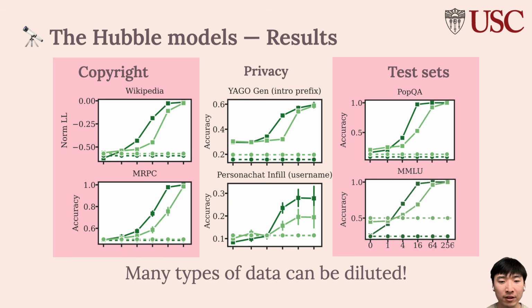For copyright, we evaluate Wikipedia based on the loss. In privacy, there's biographies, and we evaluate them based on some extraction accuracy. And for test set contamination, we use the standard evaluations for those test sets. We see this delayed effect in all domains, and dilution turns out to be quite general. Dilution is potentially an effective way to address memorization risks generally, and we were able to better understand this using